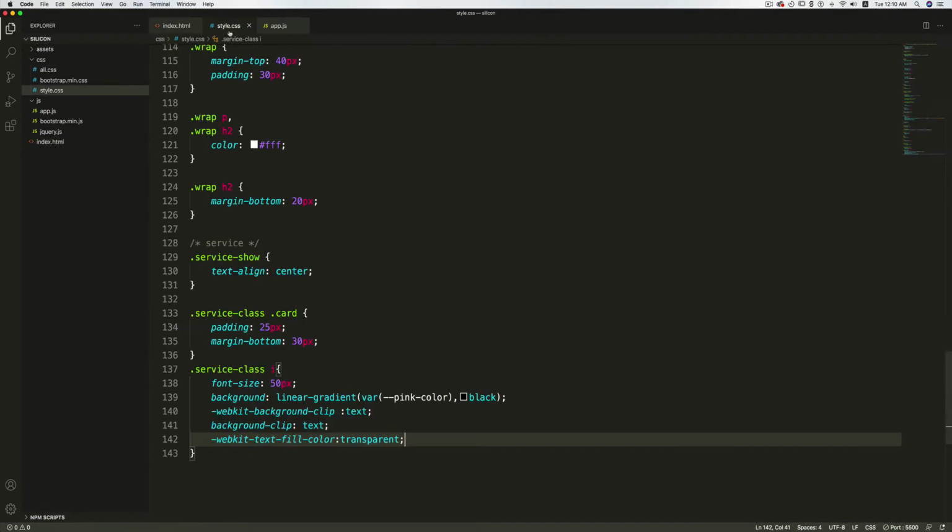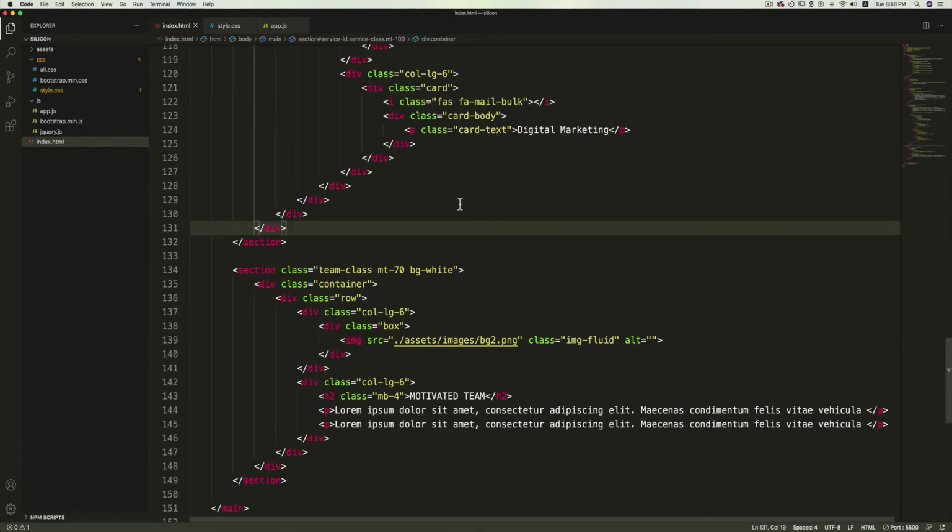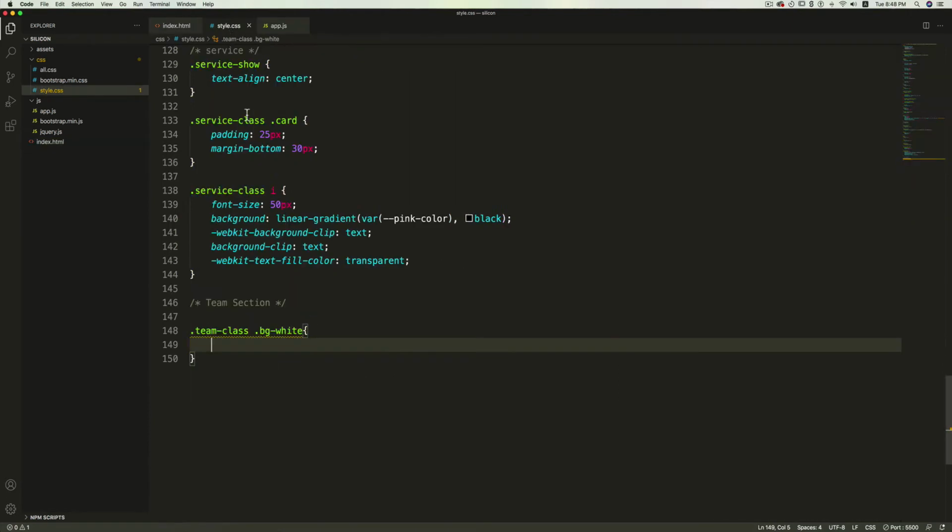Now let's style it. So after the service section, begin a comment. Let's say team section. Now here first I'm going to target the bg white class that we have given. So team class bg white, for the background color.